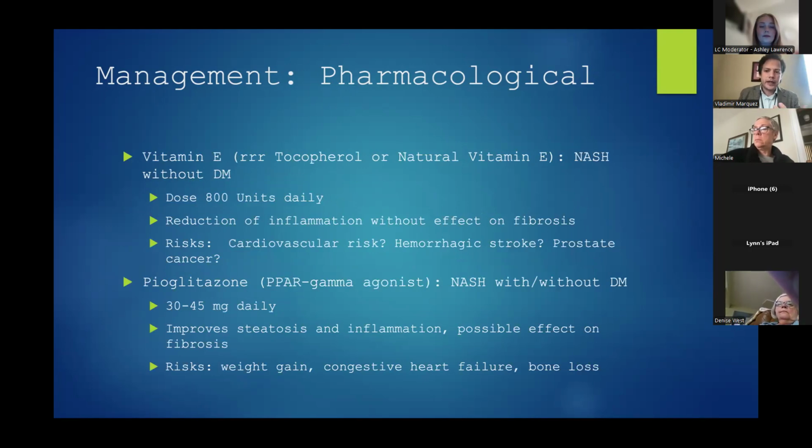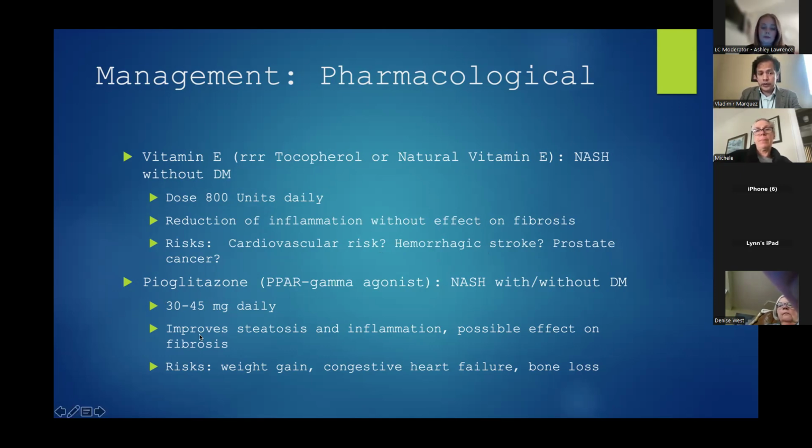Vitamin E is probably the easy one, but it's important that we ask for the natural form of the vitamin E because that's where the evidence came from. A dose of 800 units daily. It does reduce inflammation, but without so much effect on fibrosis, so it will not change fibrosis. There are some risks with this medication, possibly cardiovascular risk, increased risk of prostate cancer, and maybe also of stroke. So in people that are at risk, maybe something that we avoid, but otherwise in maybe younger population, it's something